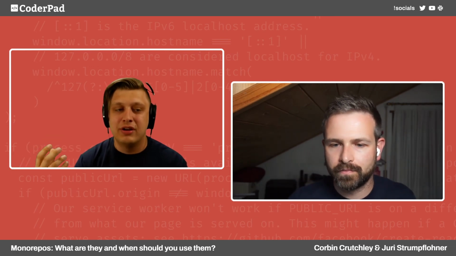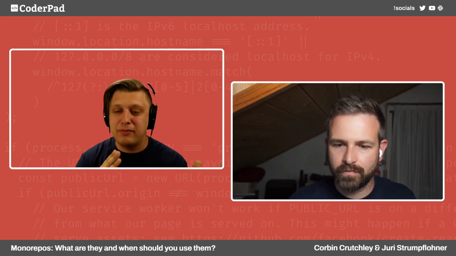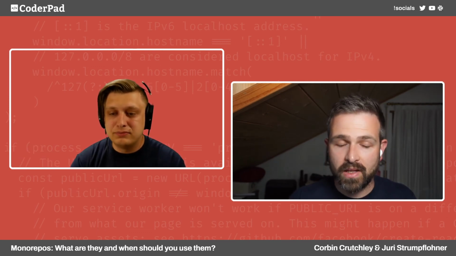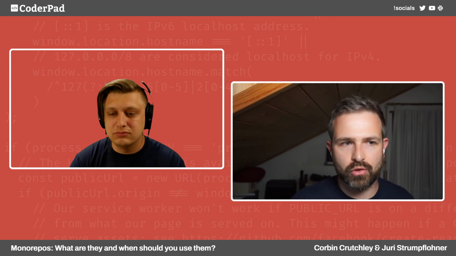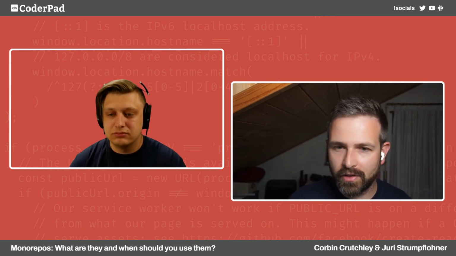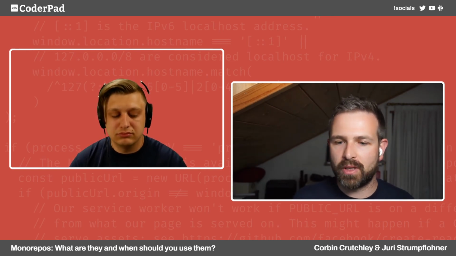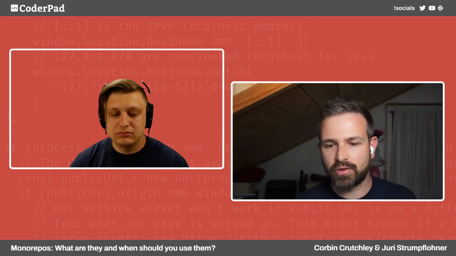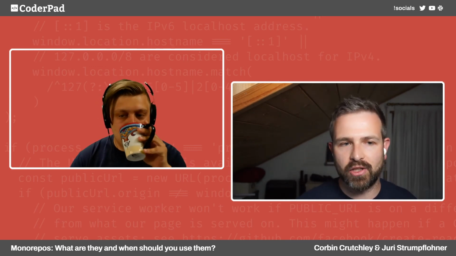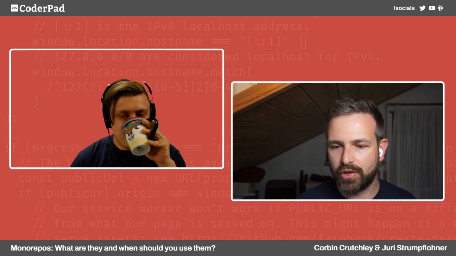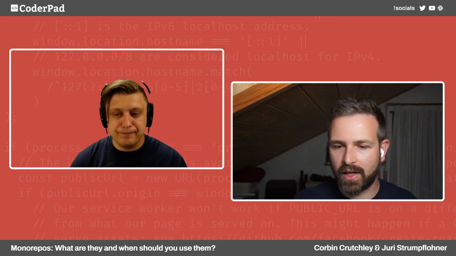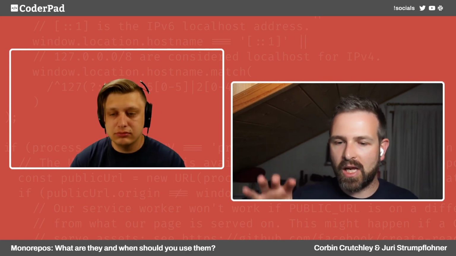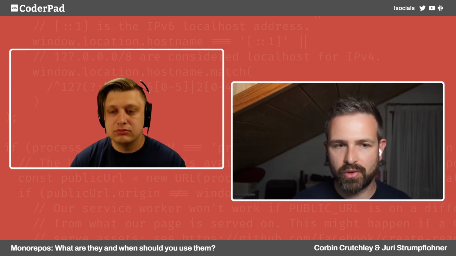Nx provides different functionality. Is it easy to migrate away from Angular CLI if you wanted to adopt Nx in your workspace? Yeah, that's actually pretty easy. We just made it super easy last week, I think. So it's pretty new. We always had an automated migration script that migrates an existing Angular CLI application into an Nx workspace. What it does is slightly adjust folder structures and map over some things, because Nx also has Jest tests and stuff. So it helps you in that migration process in an automated way.